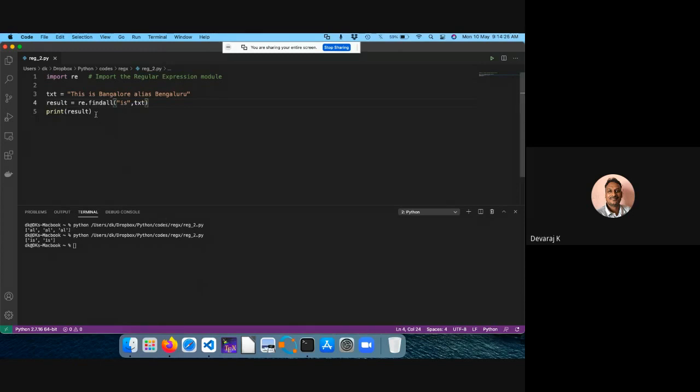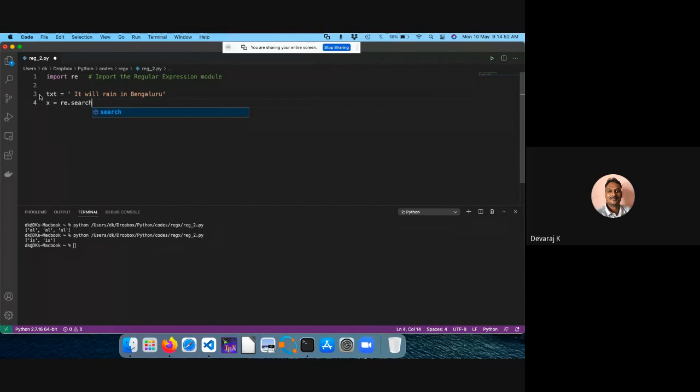Let me try that. Import re should be there in the first line. So let me use the text, it will rain in Bengaluru, as a string. Let me use some x. X is equal to re.search.